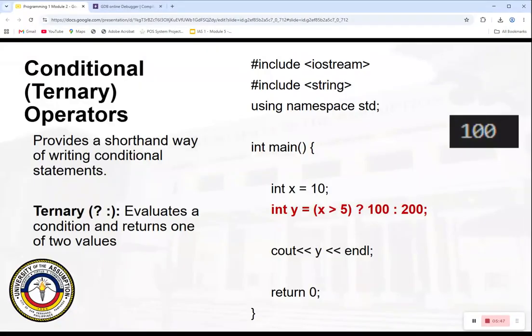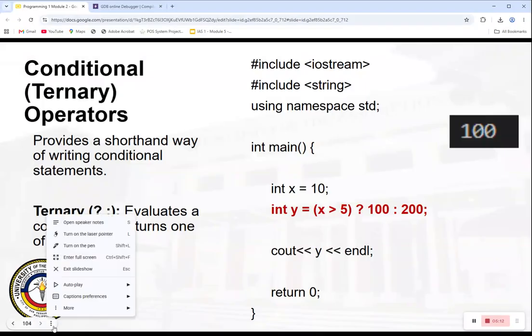It's called ternary because it takes three operands: a condition, a value if true, and a value if false. First, you have the condition. It will evaluate whether this is true or false.